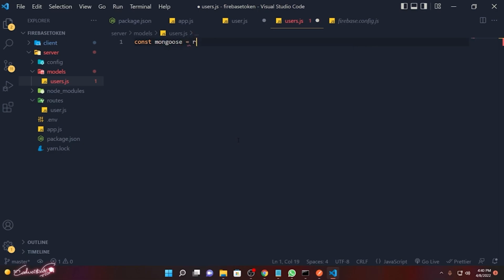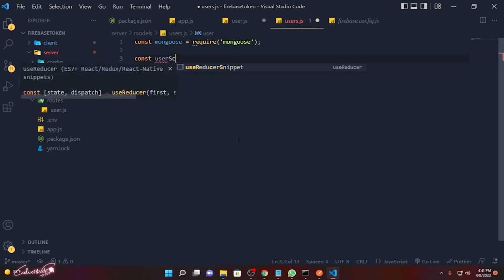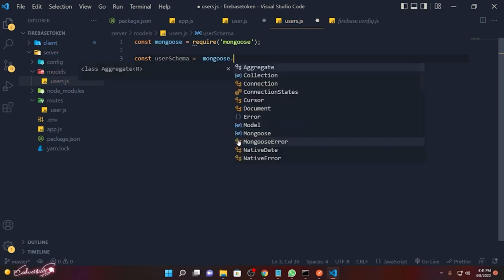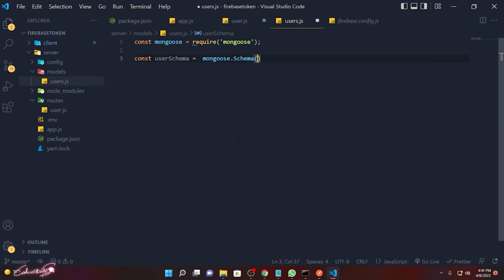Mongoose equals require mongoose. Okay, then const user schema. We are going to create a schema. Schema is nothing but your database structure. So we are going to create it by using mongoose schema. Inside, everything is an object. I can simply create the name, and name is going to be